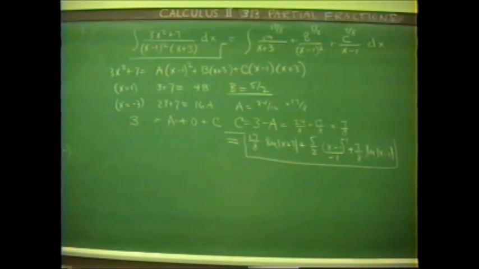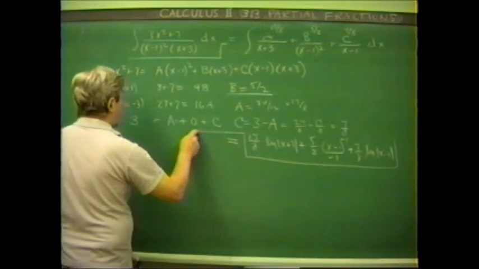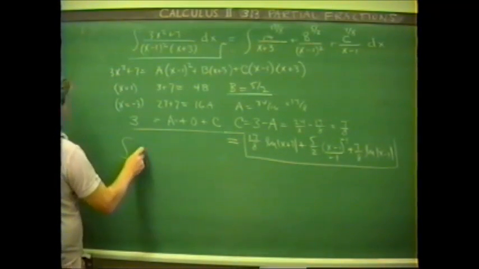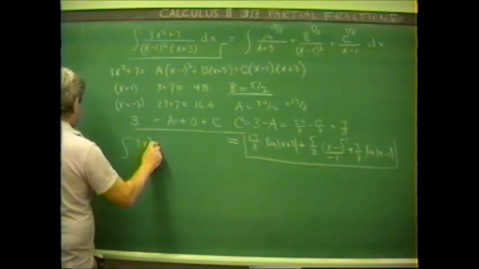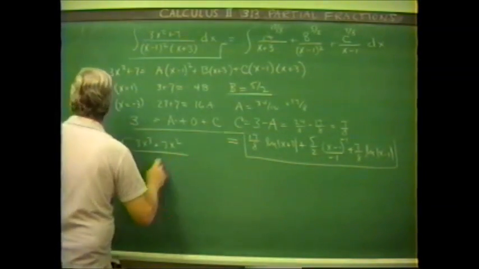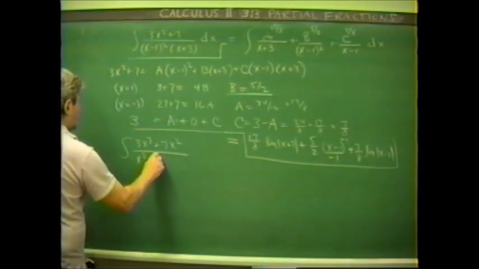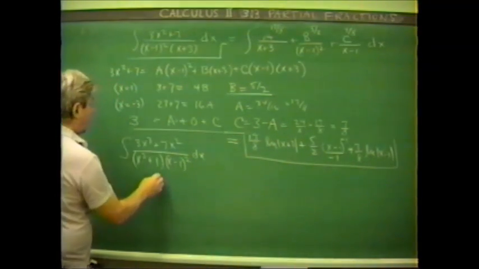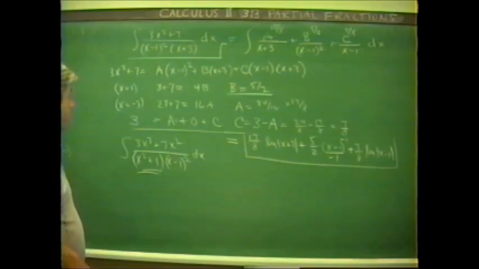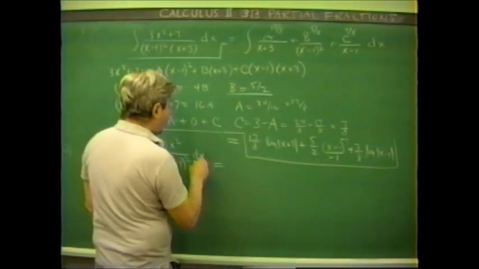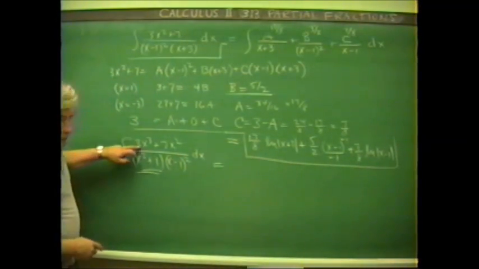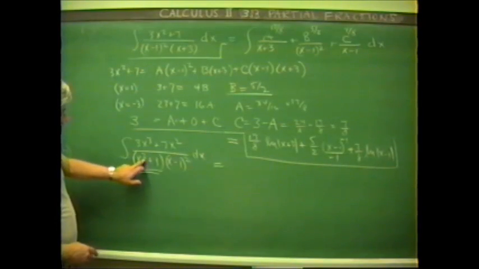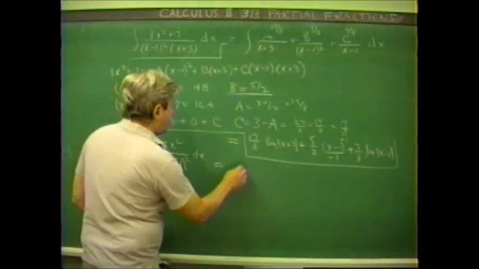All right. Now, I want to take a look at what happens in certain circumstances here. Suppose we have something like the antiderivative of (3x cubed plus 7x squared) over (x squared plus 1) times (x minus 1) squared, dx. X squared plus 1 cannot be further factored. But the algebra theorem says that we can write this as follows. This is of lower degree than the denominator. The denominator has degree 4, x to the 4th, and this is x cubed. The algebra theorem says that we can write this as,